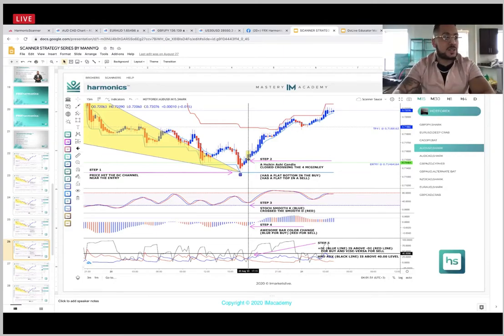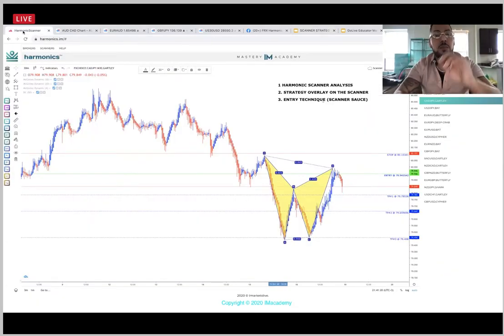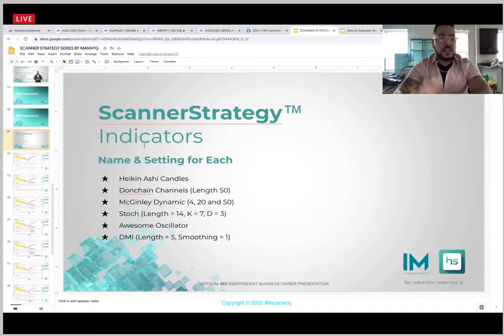Okay, this is the moment that you guys have been waiting for. Okay, so let's start this off by getting into this. So what I'm going to do is I'm going to show you on the PDF, and then we're going to go over to the live market. We're going to look at some examples, and then I'm going to give you guys really, really good examples. So first off, it's important to understand, you guys are going to get it here first, the scanner strategy indicators,